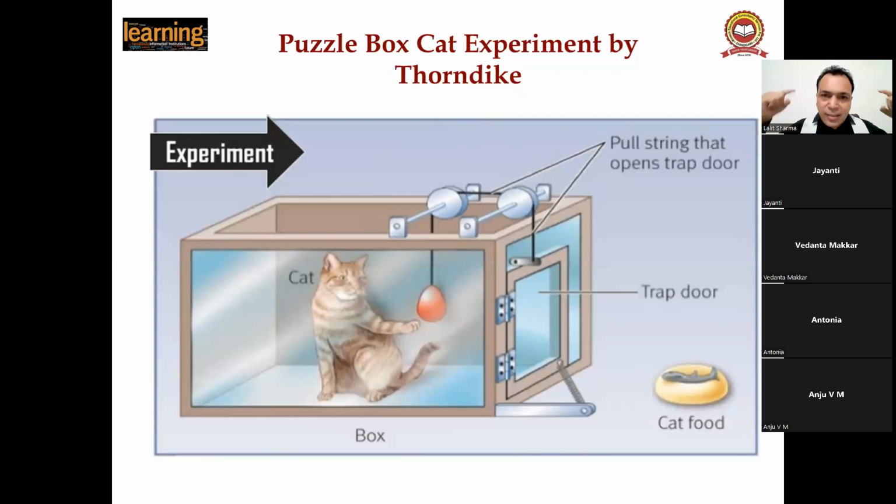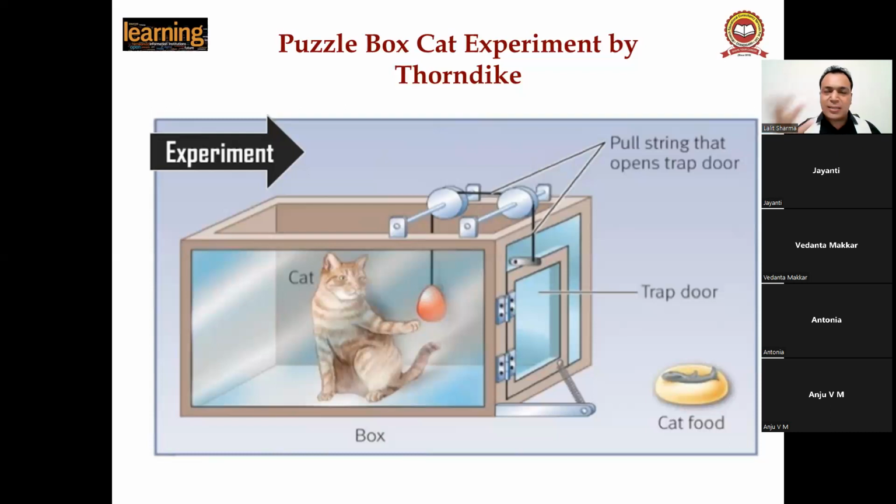Actually, Thorndike did the same experiment in the same conditions: third experiment, fourth, fifth, sixth, seventh, eighth. Guys, what is happening? Thorndike noticed that as the trials increased, the cat was taking less time to come out of the cage. For example, if in the first experiment the cat took 1 hour, in the second experiment the cat took 50 minutes, then 40 minutes, then 30, then 20, then 10 minutes. And ultimately, by the sixth or seventh experiment, the cat was fully trained.